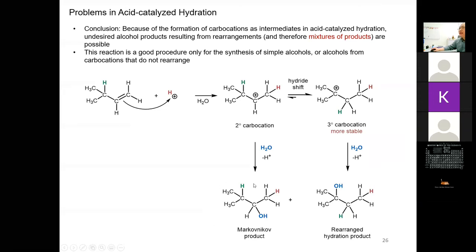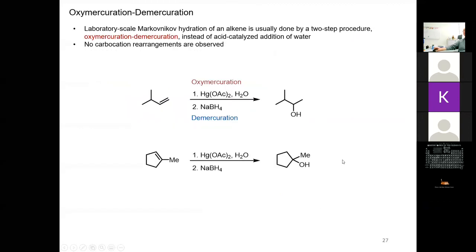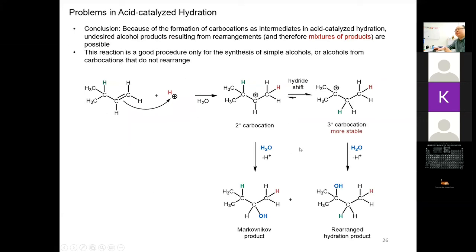All right, just like the HX addition, if this appears in an exam or test, you need to write down both products. One is the Markovnikov product, the other one is the rearranged hydration product. All right, so because of this rearrangement issue of this carbocation, this hydration reaction is only good for the synthesis of